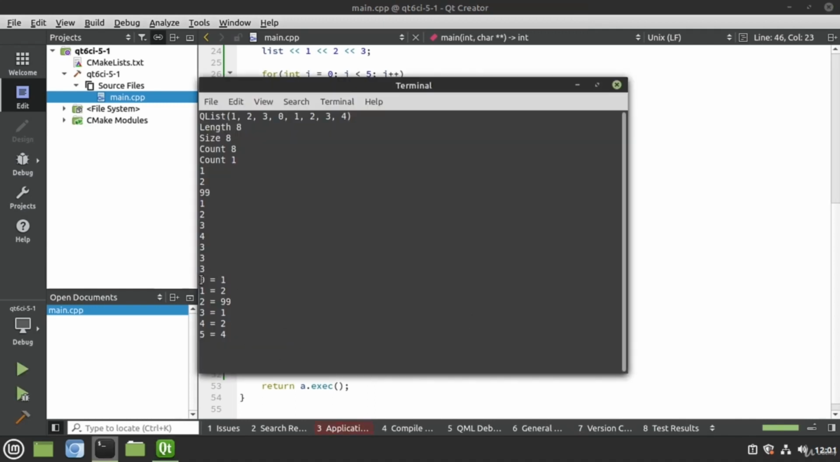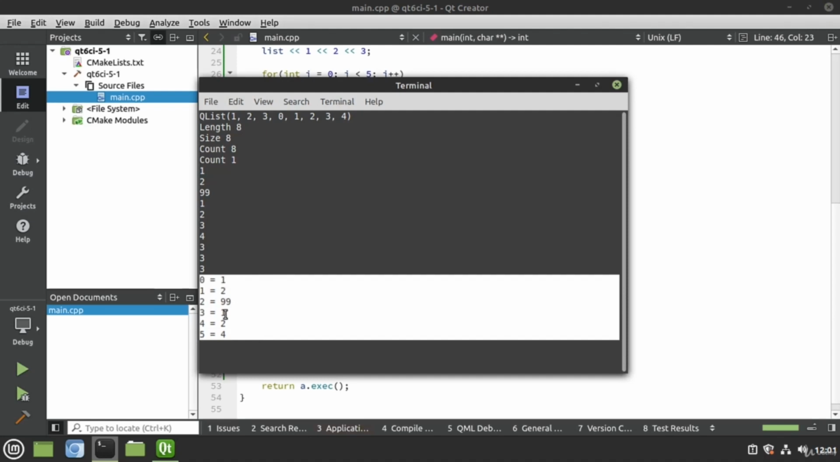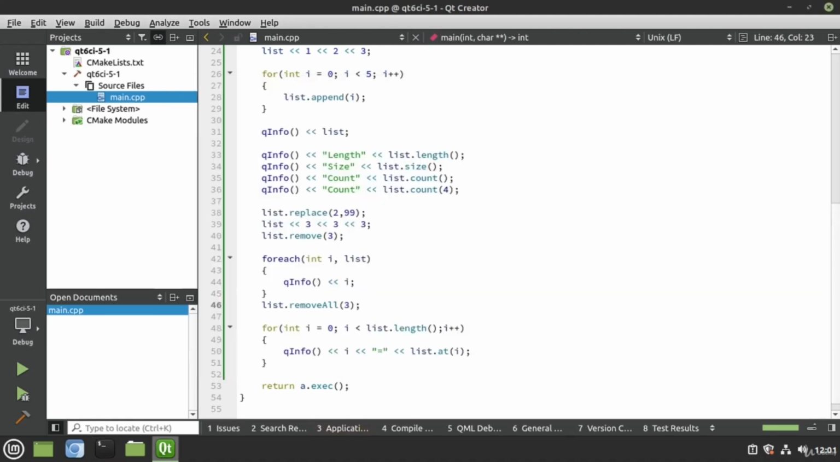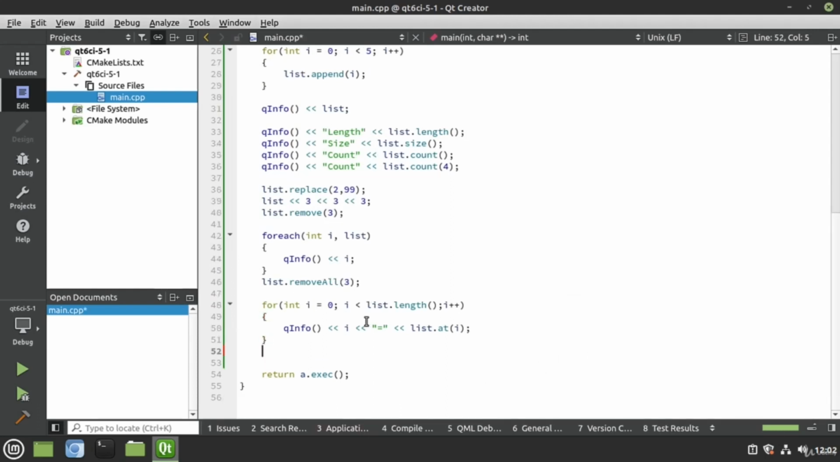And sure enough, now there are no more occurrences of 3 in there because we did that remove all. We can also do some fairly simple things, but it's almost expected nowadays. We can say something like,